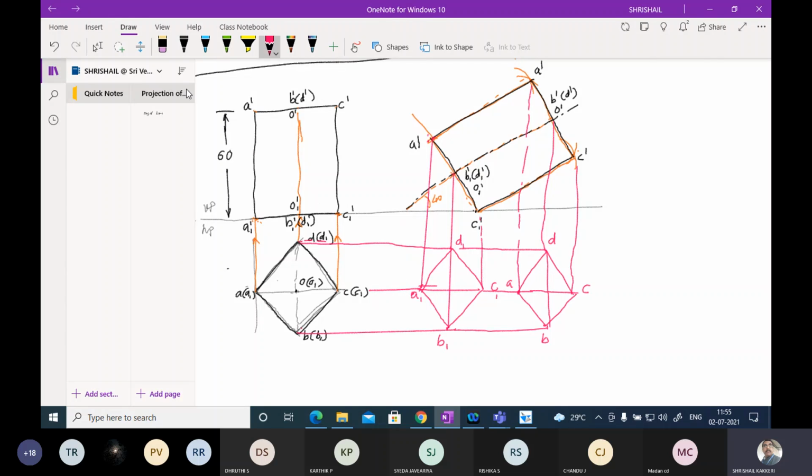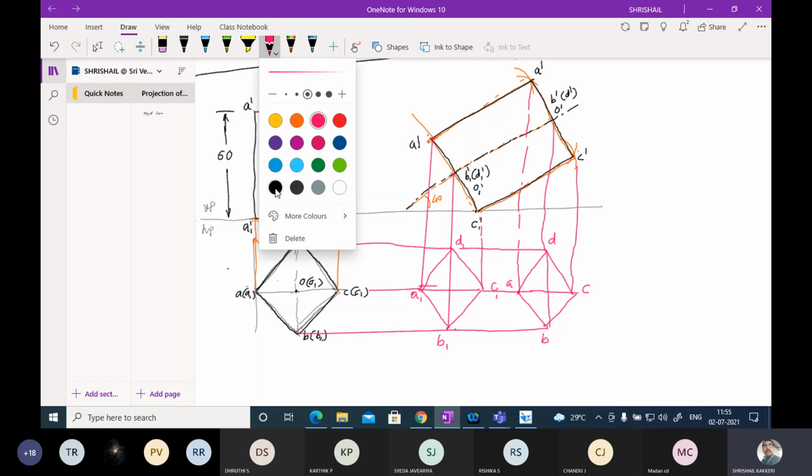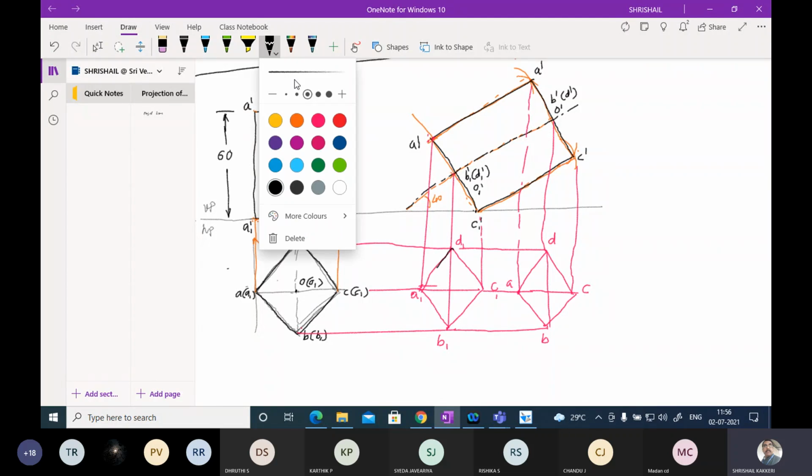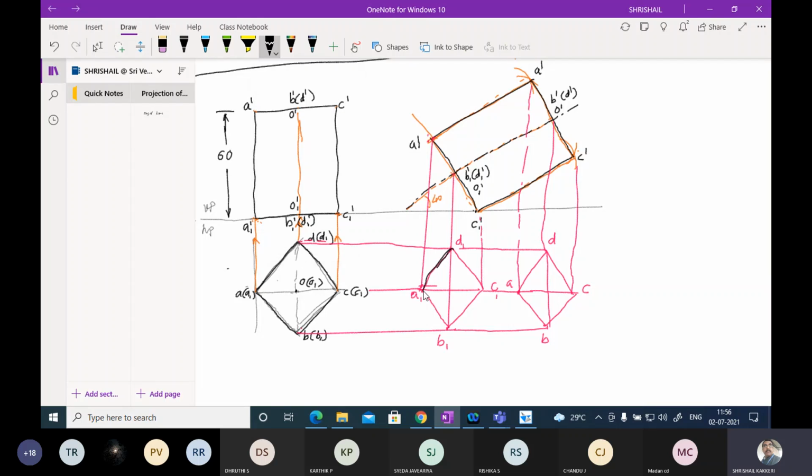Now, please look here carefully. To make it dark, what I have to do is all the external lines you join them by thick line first. Make it as a habit of writing like this only. Join all the external lines by thick lines. All the outer or border lines I have joined them by thick line.